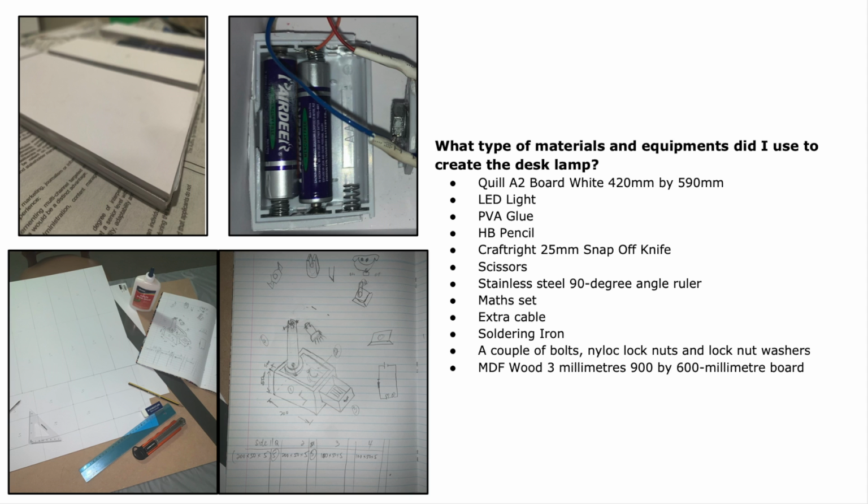What type of material and equipment did I use to create the desk lamp? Materials and equipment that I used were Quill A2 board white, 420mm by 590mm, Bostik Craft PVA glue, which I honestly didn't expect to be so strong, a HB pencil for sketching out and working on technical drawings and or